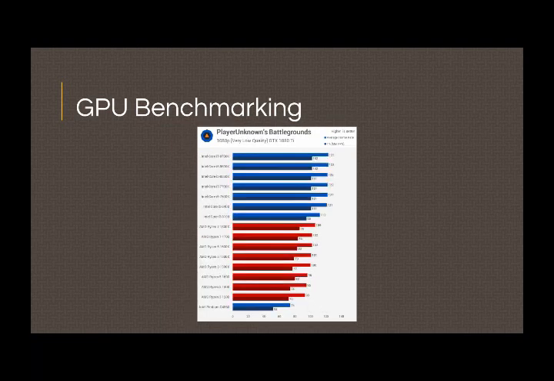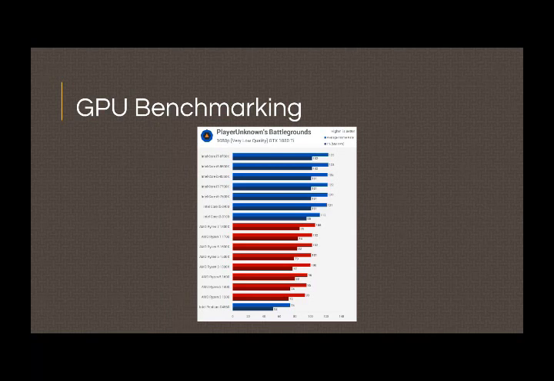Okay, moving on. Here we have the GPU or the graphical processing unit benchmarks of the GTX 1080 Ti graphic card. Now the way we measure this is by measuring the average frame rate, more commonly known as the FPS. Now that is basically frames per second. Now in this graph, we can see the number of frames that the GPU can produce per second. Now, the more frames per second a GPU can produce, that means the better its performance is. And this way we can benchmark which GPU is the better one in this case.